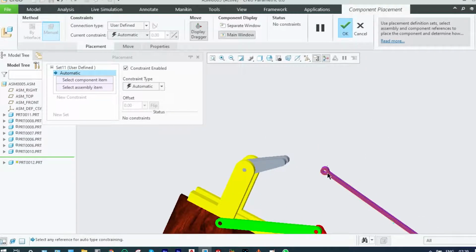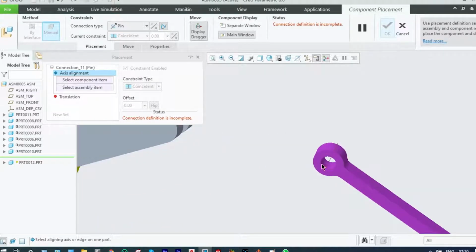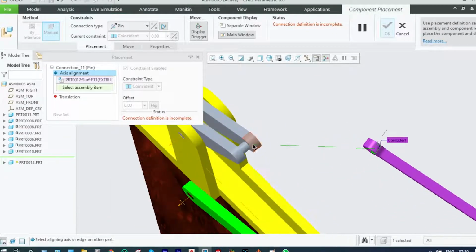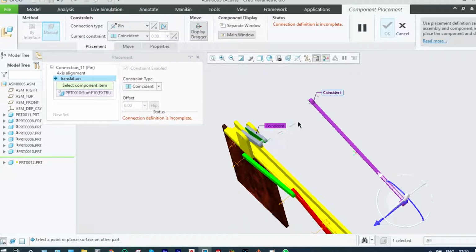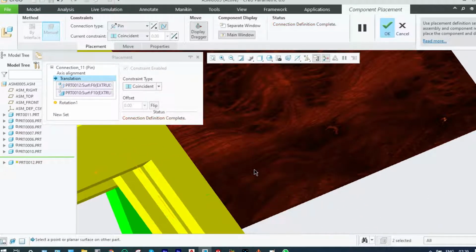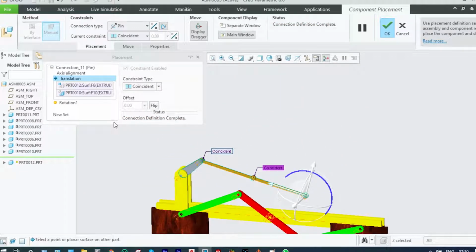Next to that, you have to connect this connecting link. From user defined, you have to select the pin. Now this hole should be meeting with that pin at this location, and this side surface should be meeting with the back surface of the pin. It is done. Now a new set of connections should be made,